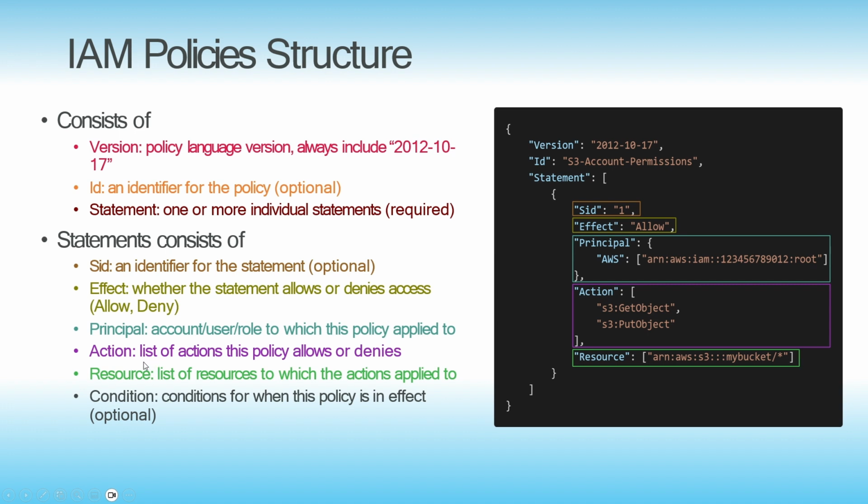Action, the list of actions this policy allows or denies. Basically, this is the rule, what the permission is. GetObject means they can read the object. PutObject means the user can upload the object. The same way, you don't need to remember these things. AWS is already managing it, and there is a way to get knowledge of this directly in the documentation of policies. We can see that and we can generate this statement automatically as well. They have a tool,